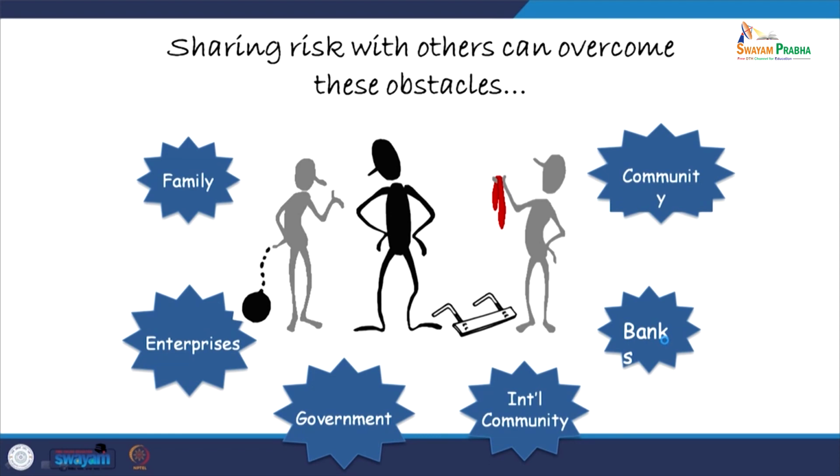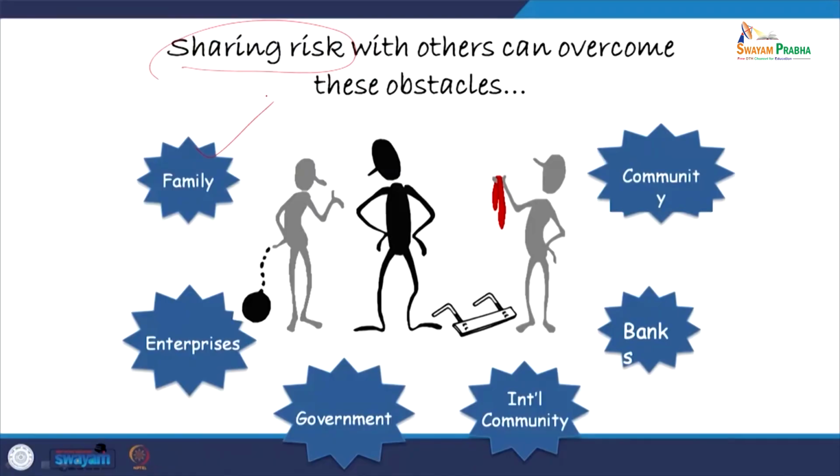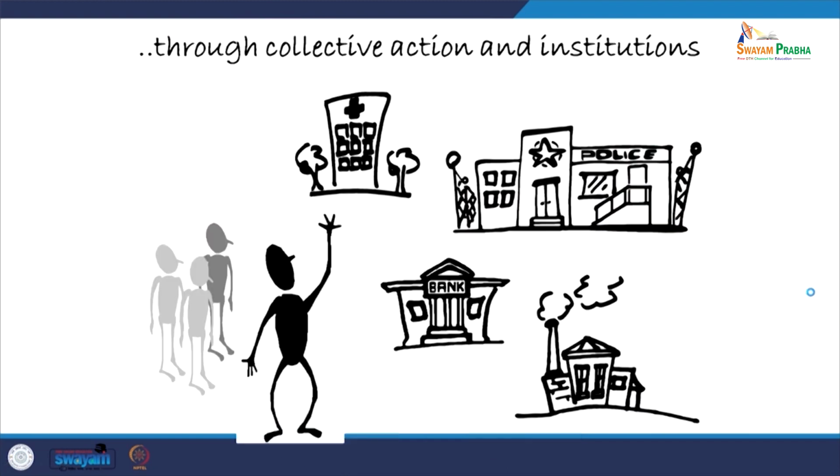So, therefore, we need to take support, strategize the support. Sharing risk may minimize our burdens. So, to whom should we share? Generally, when a person is in trouble, family, make it a broader family. Your family is not domestically defined, it is now a global family. And community, not just a family surrounded by a few people, make it a community instead of family. And you enrich your enterprises, government, international community, banks or other organizations as well, so that the risk can be shared.